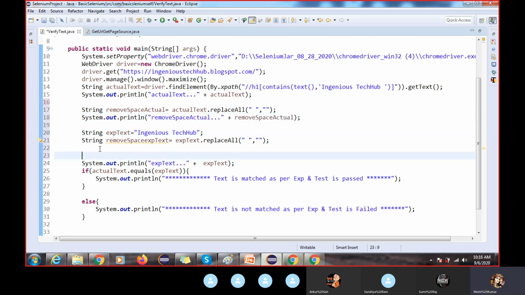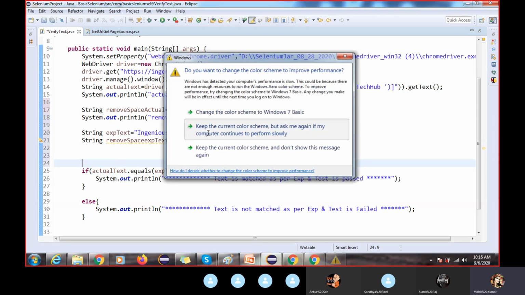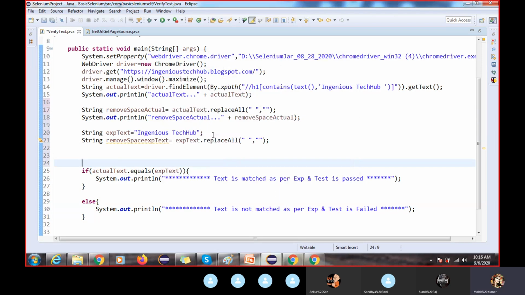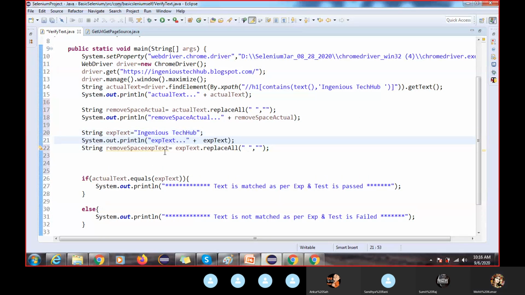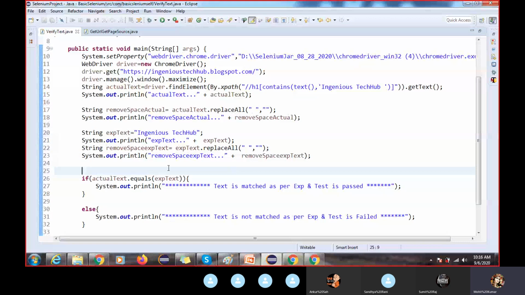So this will print here, and this value will print here. Got it, right? I think I did everything the same, and we also need to change this, right?